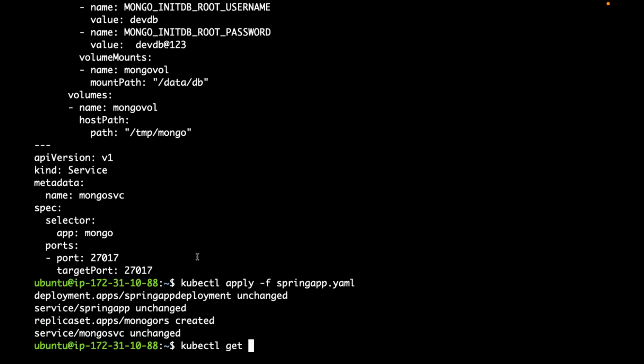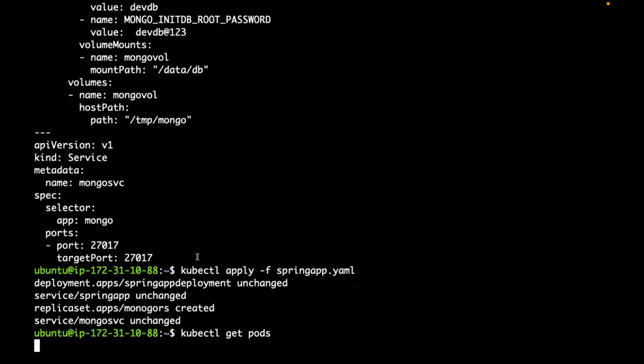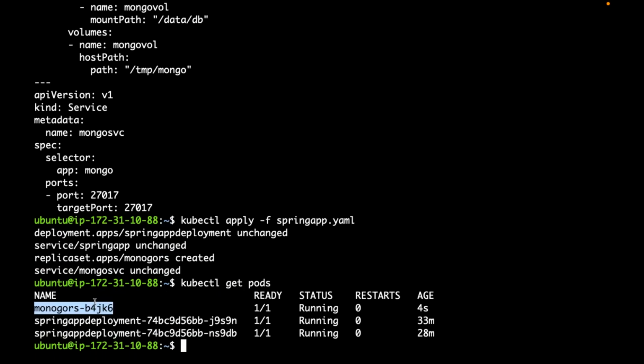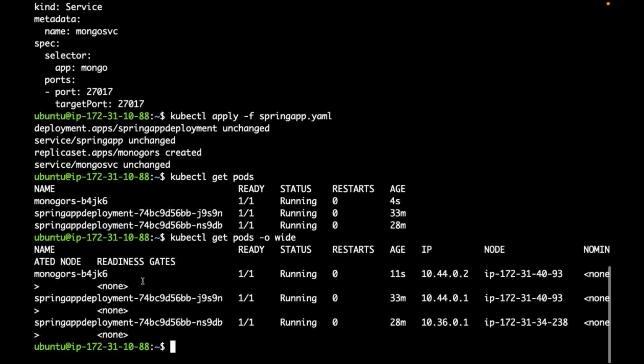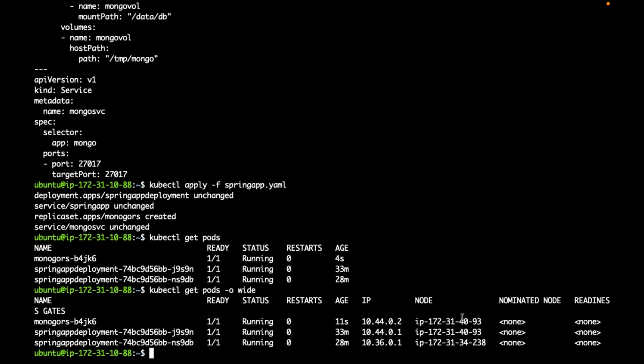If you see, my database pod is created. In which node is my database pod created? Let's see. In 93. If I describe the pod also,